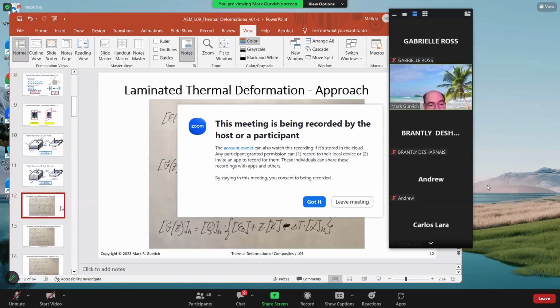So exactly the same. But the point is, these components will be different for different layers, different plies, whichever word we're using. So now we're saying, okay, if we know strains, we can probably calculate stresses, because